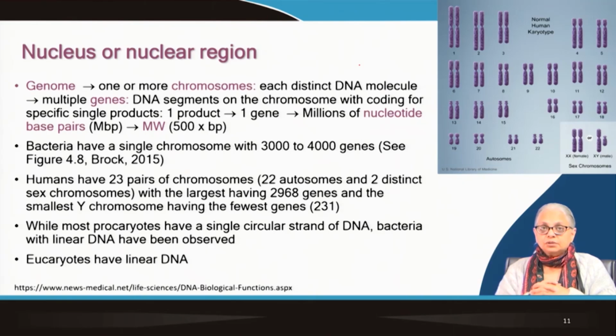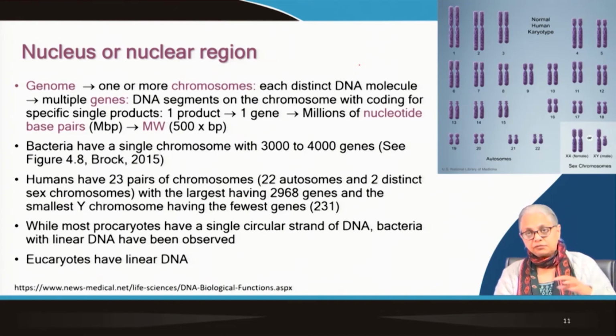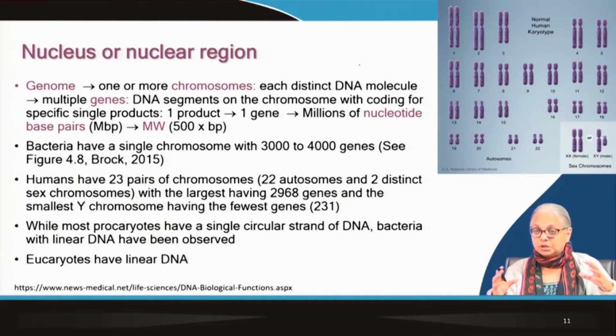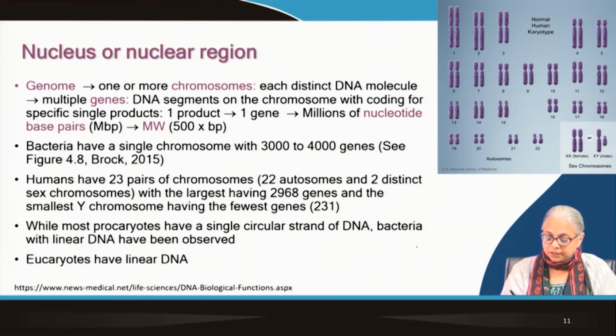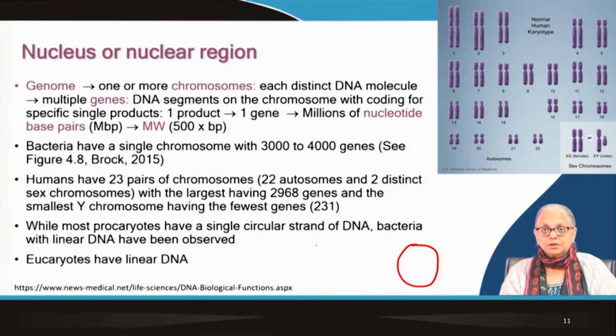These prokaryotes have a single circular strand. If you were to refer to one of the textbooks, or even both the textbooks, you might find graphics that show you the single circular strand. It's a very, very long strand. It's not just a very short strand. It's an extremely long strand which has a lot of information encoded in it, but it's a single circular strand. So we can represent it by a simple circle. That is our single chromosome in a prokaryote.